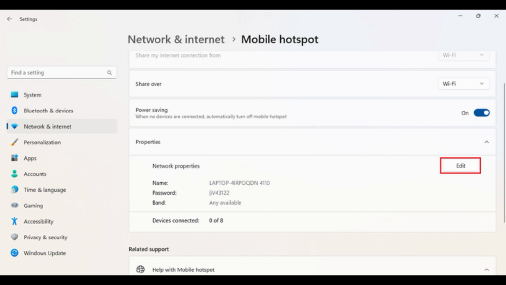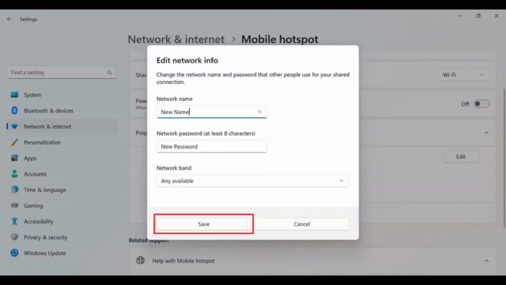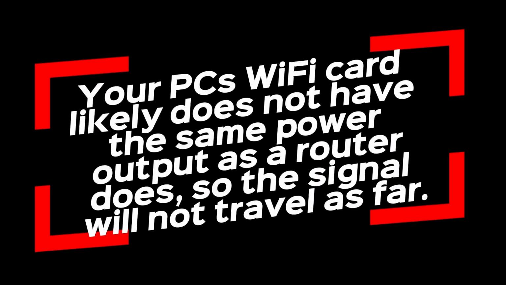Click Edit. Enter network name and password and click Save. Your PC's Wi-Fi card likely does not have the same power output as a router does, so the signal will